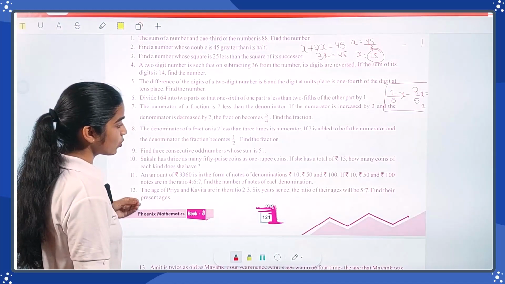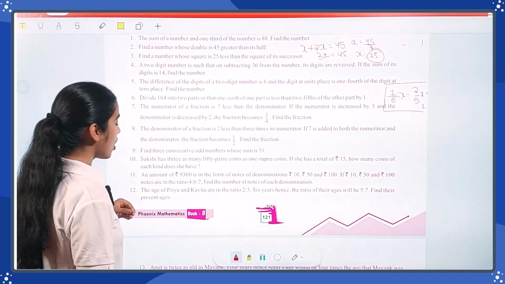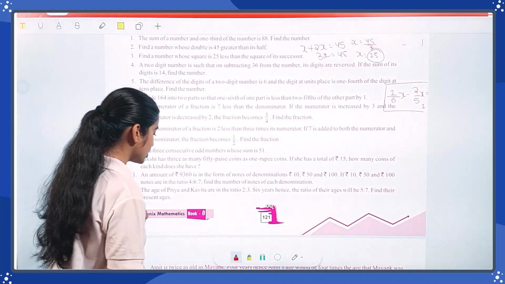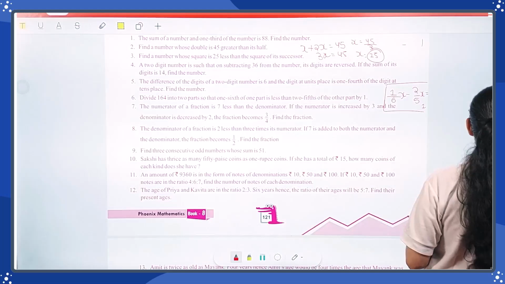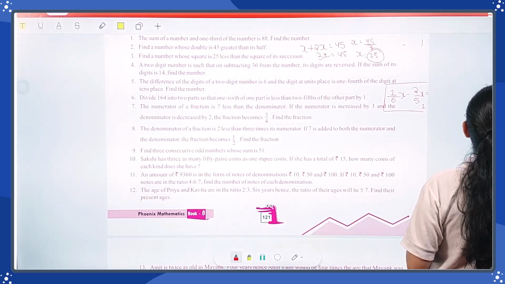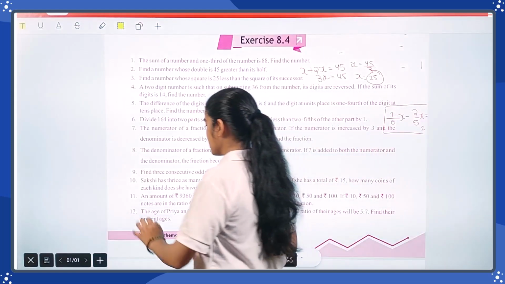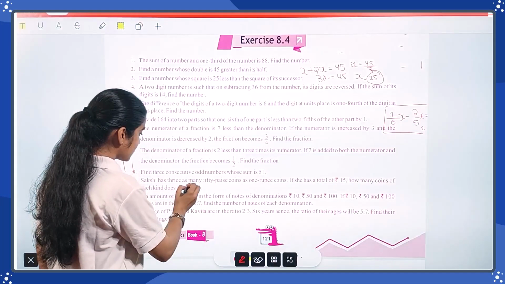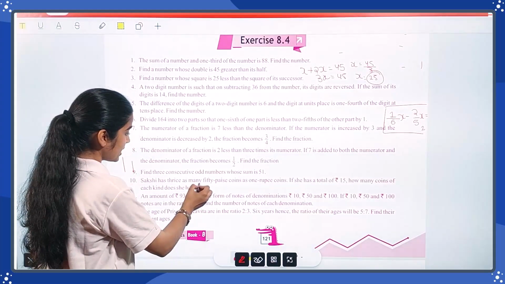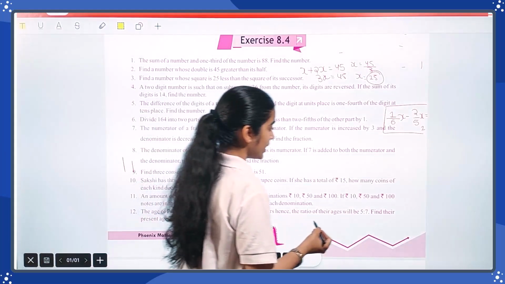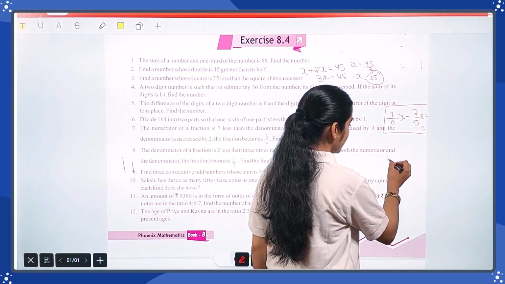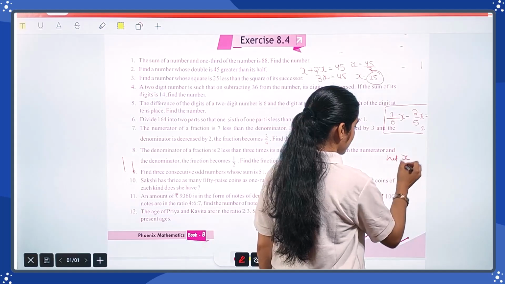If she has a total of 15 rupees, how many coins of each kind does she have? So I already explained this type of question in your example, but again we are taking this. Now Sakshi has thrice as many 50 paise coins as 1 rupee coins. So if I take 1 rupee, let it be x, so it means